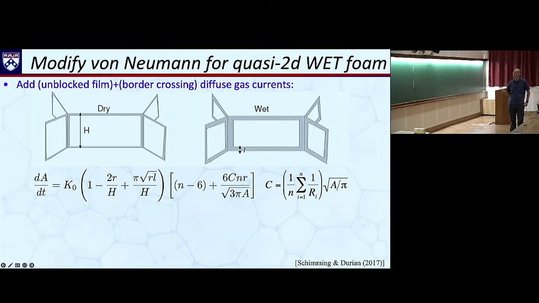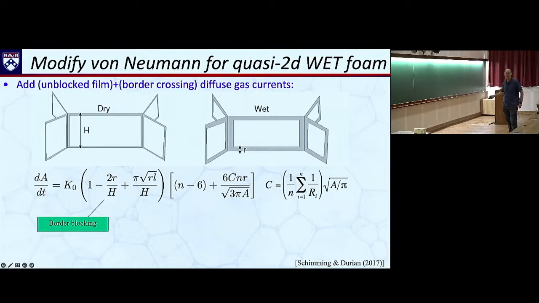Note that the radius of curvature, the thickness of this frame, goes to 0 in the dry limit. Here it's smaller, here it's wetter, so r is bigger. In the dry limit, little r is 0. So let's set r to 0 and see what we get. This term becomes 1, and here's an r. This term goes away. So in the dry limit, we have k0 times n minus 6. So this is a perturbation away from the dry limit to the von Neumann law, including border crossing physics. These are the new terms that account for